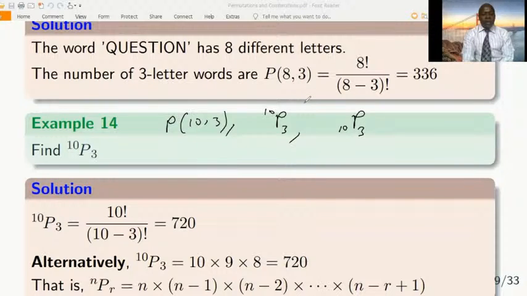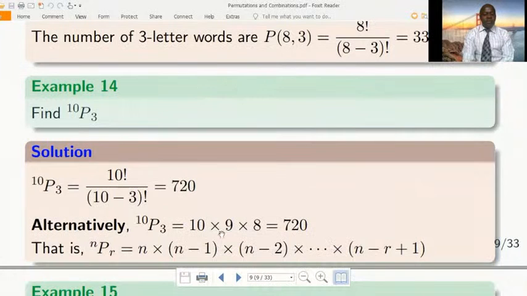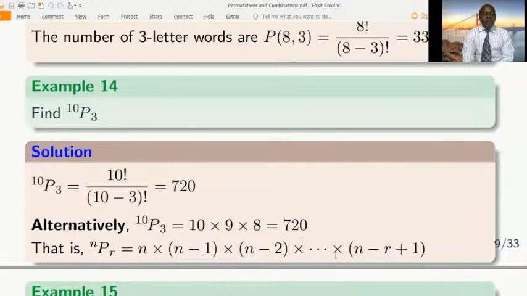And of course, I gave an alternative way of doing it. I know that 10 minus 3 will be 7, so the 7 factorial has cancelled out. I'm left with 10 times 9 times 8. But this is what I did. I said that if I'm given n objects and I'm arranging r at a time, the formula is n times n minus 1 times n minus 2 all the way up to n minus r plus 1. So using this formula,